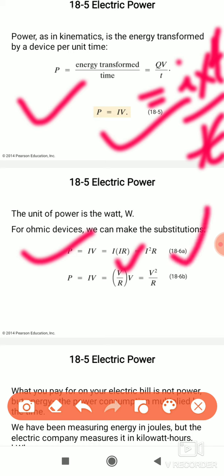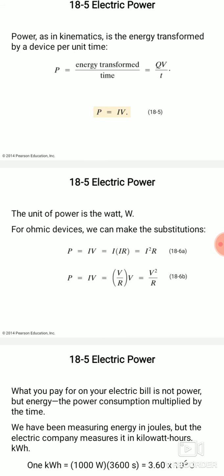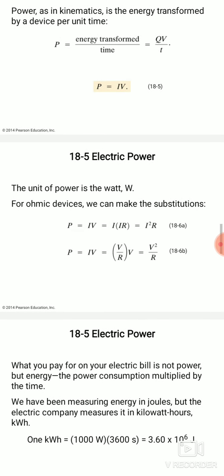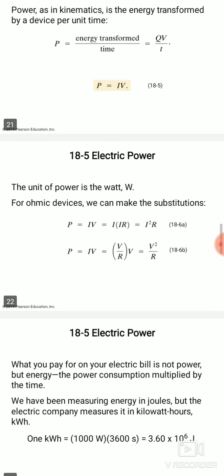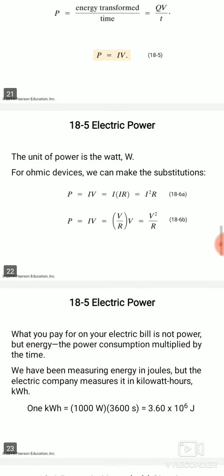And lastly, suppose we multiply these terms by R and again divide by R, so we get I square R square upon R. I into R is V, so we get V square upon R. This is the third formula of power. My dear students, with the help of these formulas, we can calculate many numericals related to electric power, electric power of electric bulbs and electric instruments.